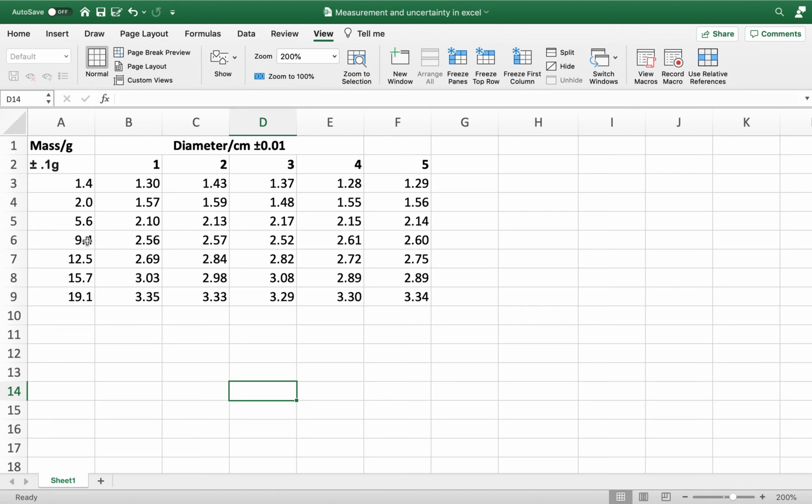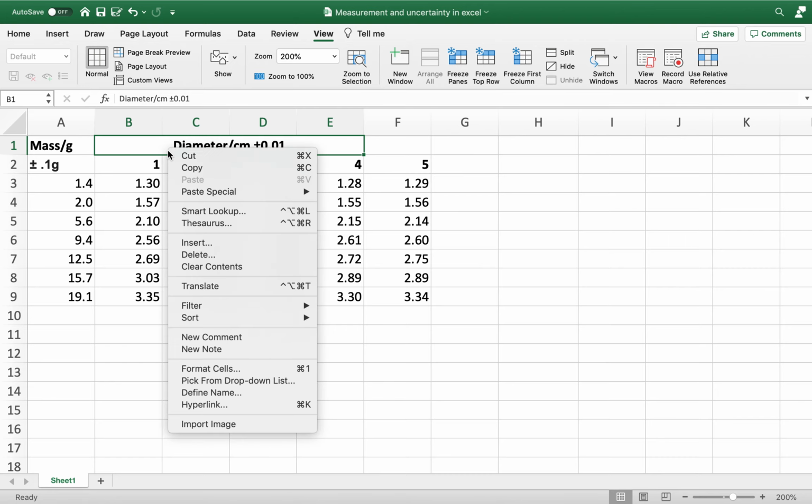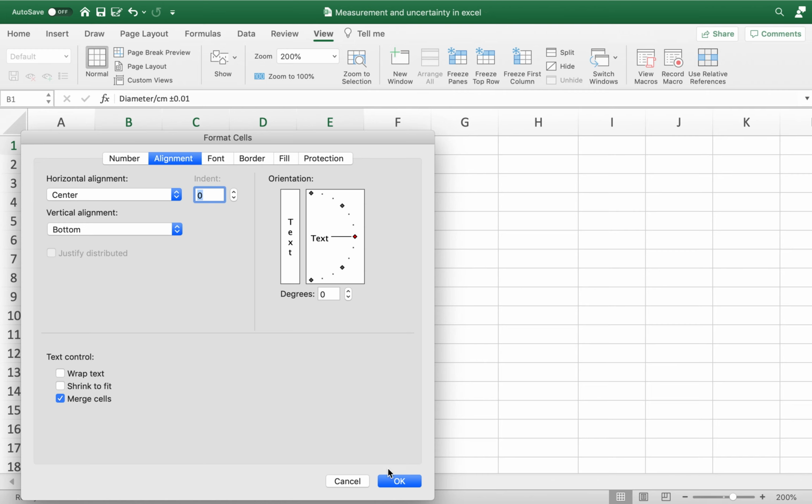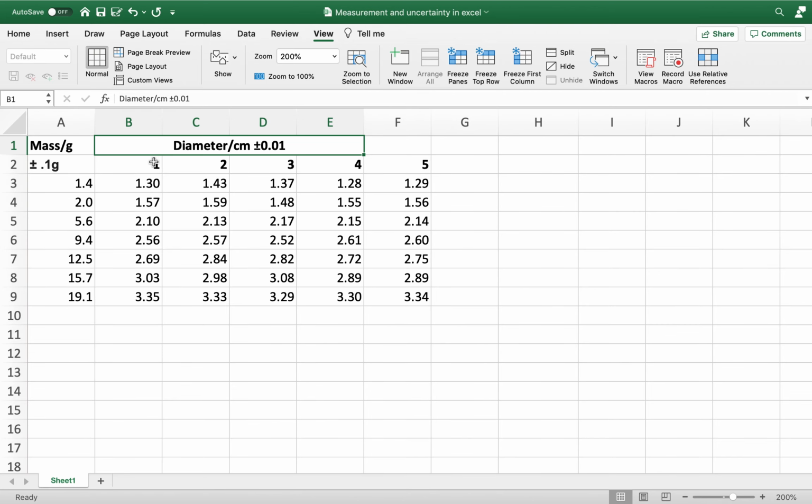through how to process data on Excel. It's important that you have these headings that have the unit and the uncertainty of the measurement, right? And that goes here as well. You can, if you want to create like a big box like this instead of little ones, select them all. So select a bunch of boxes, go to Format Cells, go to Alignment, and then you can click Merge Cells, and it's going to merge any cells that you select,